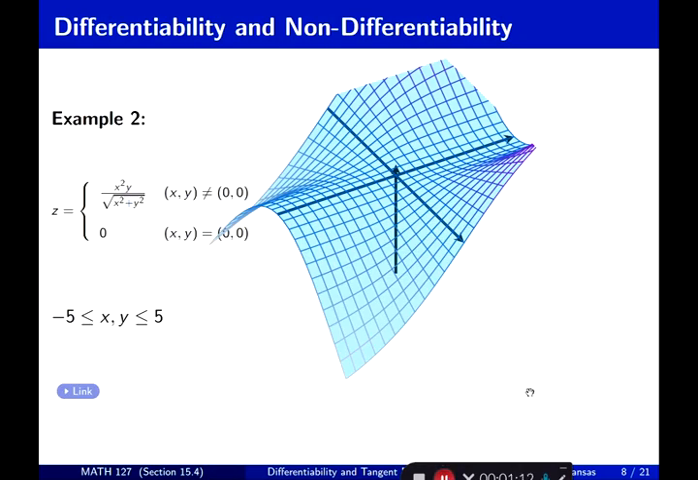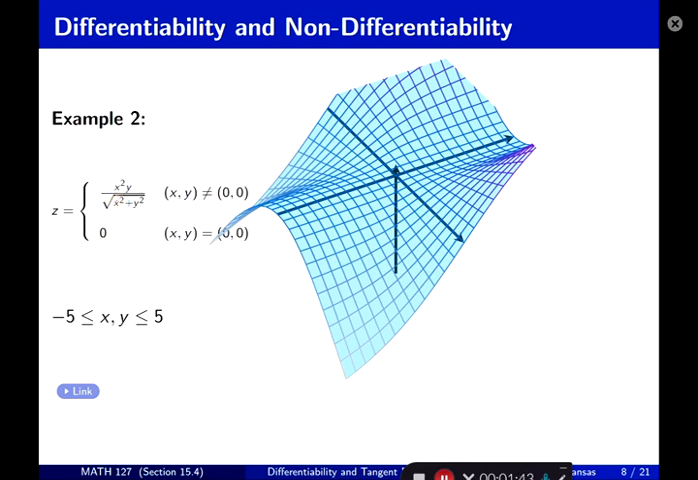Differentiability and non-differentiability, example 2. So let's have the function be defined piecewise as x squared times y over the square root of x squared plus y squared if (x, y) is not equal to (0, 0), and equal to 0 if (x, y) equals (0, 0). If you remember from 15.2,